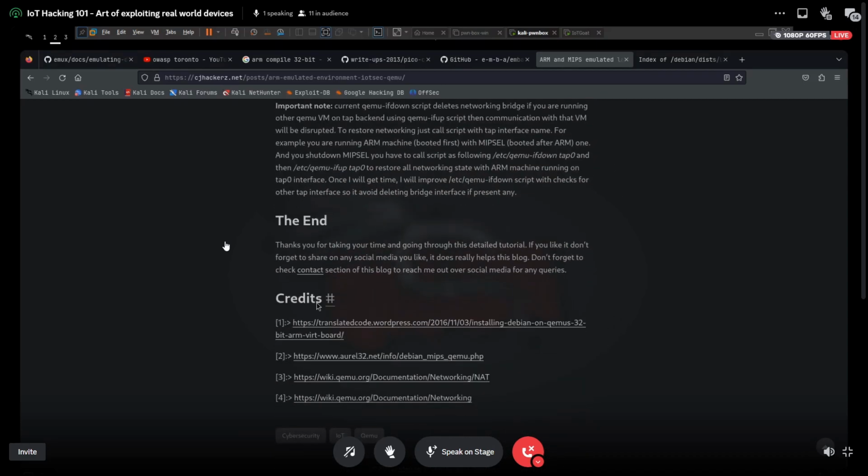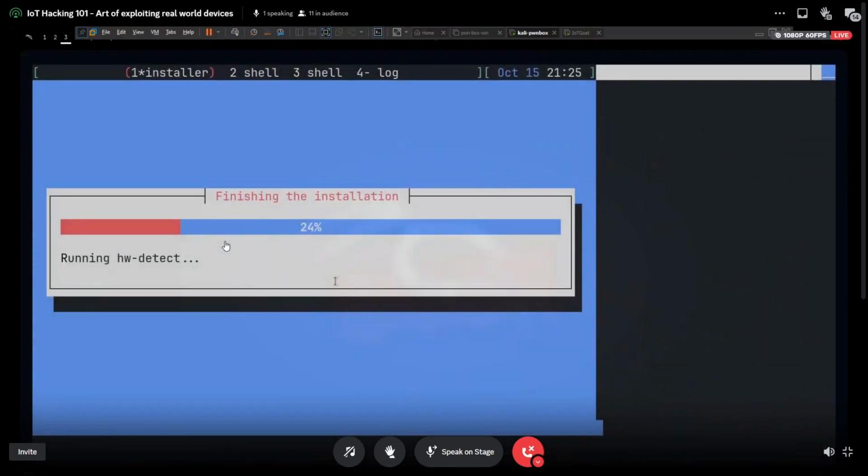And again, my blog even says this takes time, so I didn't take account of it. Sorry, my bad. But this installation is going to take a while if you are doing this in a virtual machine inside of a virtual machine. This is technically what is happening right now with me, because I'm running VMware and I'm trying to run QEMU inside of VMware, so it's going to be a bit slow.